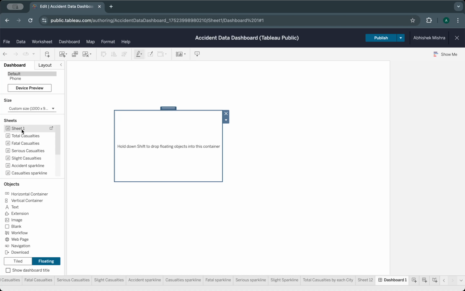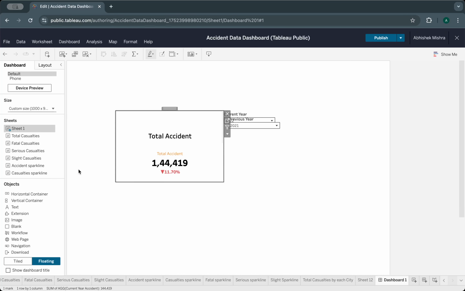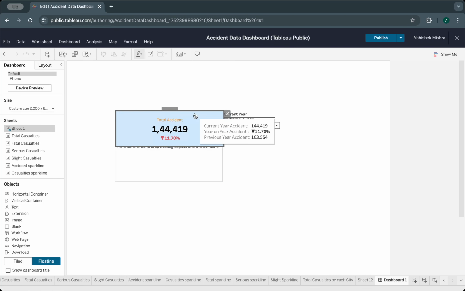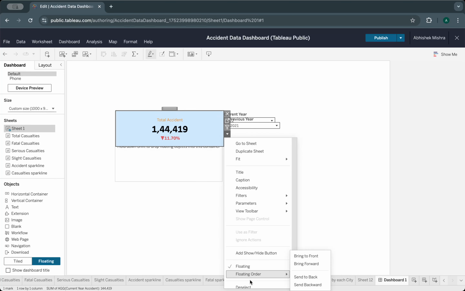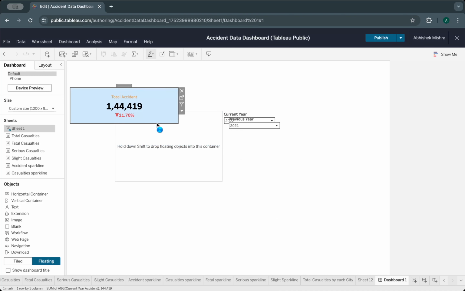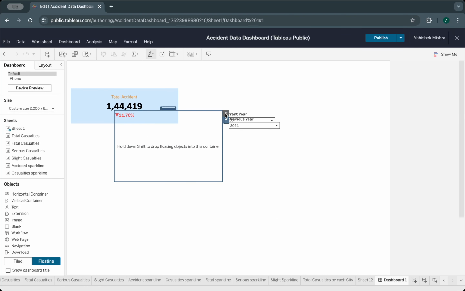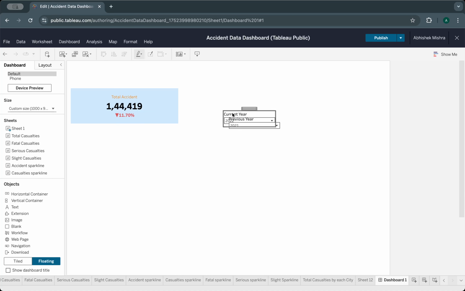So first I want to fill this sheet 1. Let me hide the title. Let me make this floating. Okay, this is already floating selected. And also we can